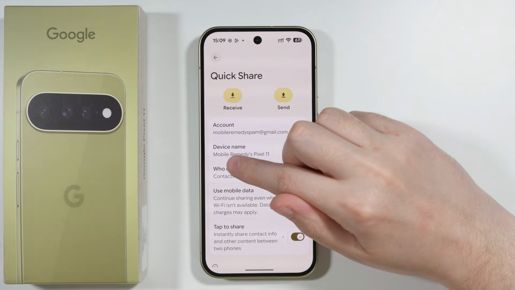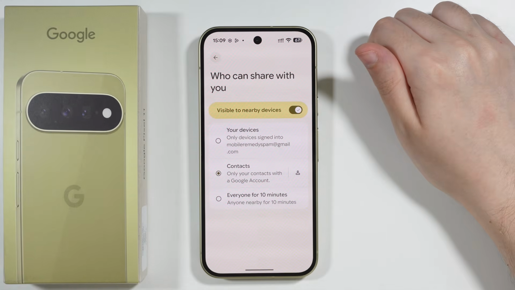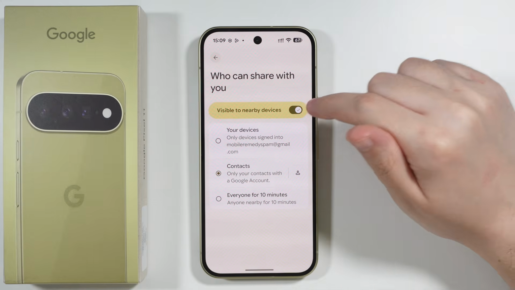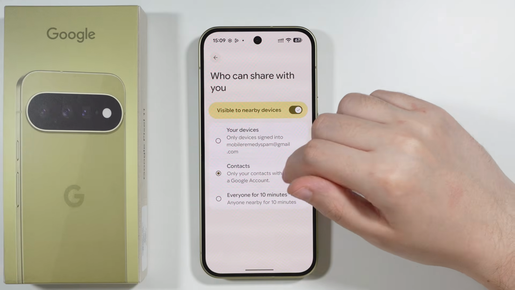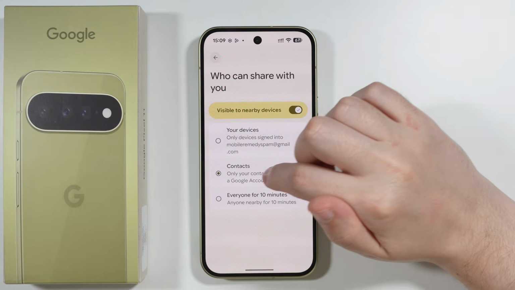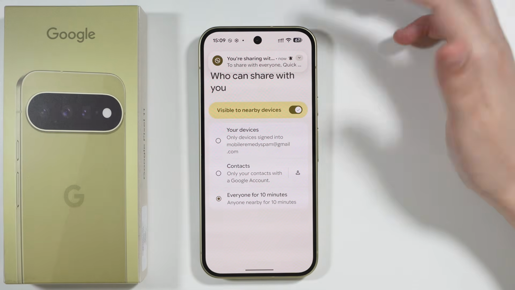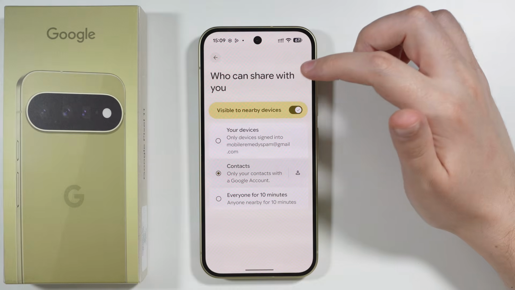Now here we should be able to find who can share with you, and this is of course I think the most important setting that we want to check out. You want to make sure that you are visible to nearby devices. This option must be enabled if you want to of course use Quick Share. But in addition to that, if your phone cannot be detected on another device via Quick Share, then you might want to switch from contacts to everyone for 10 minutes. This pretty much ensures that your phone is visible to literally everyone around you as long as they have Quick